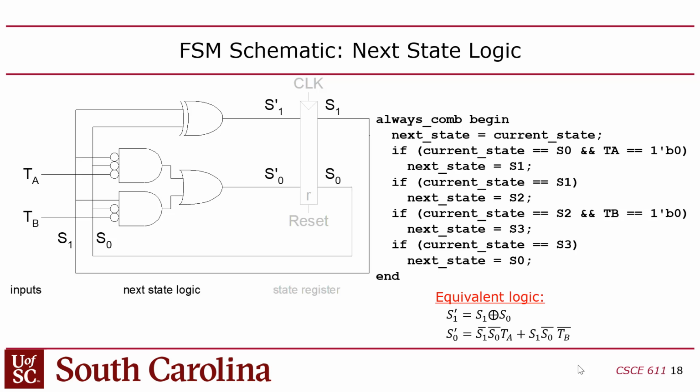One nice thing about this, even if you use an assign, is that it's simplified. It takes advantage of the don't care. So it says if the current state is S0 and traffic at academic is 0, then my next state will be S1, right? Now, one thing to keep in mind here is what happens